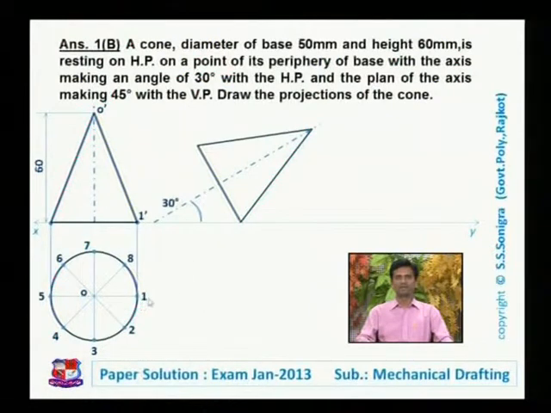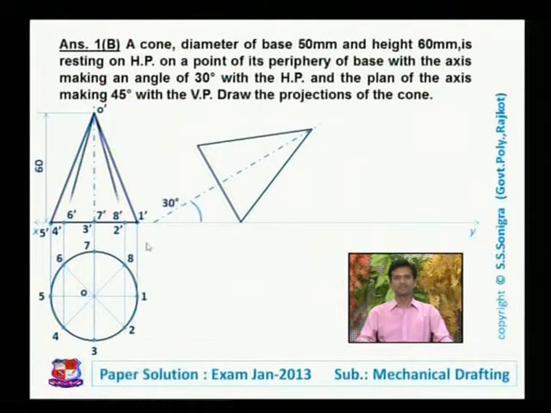Draw vertical lines from 1, 2, 3, 4. Name these points. This is 1 dash. Vertical line from point 2 and 8, that is projection line. And here 2 points are there, 2 dash and 8 dash. Vertical line from 3 and 7 having 2 points, 3 dash and 7 dash. Vertical line from point 4 and 6 having 2 points, 4 dash and 6 dash. And vertical line from point 5 having point 5 dash on this triangle. So we have drawn projection lines and found the position of these points on periphery in front view.